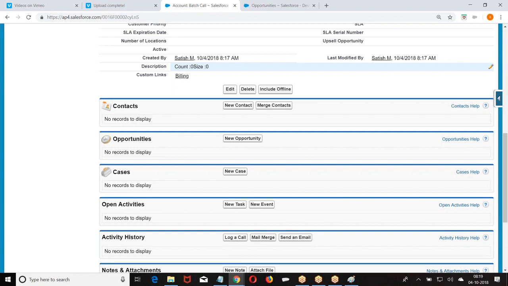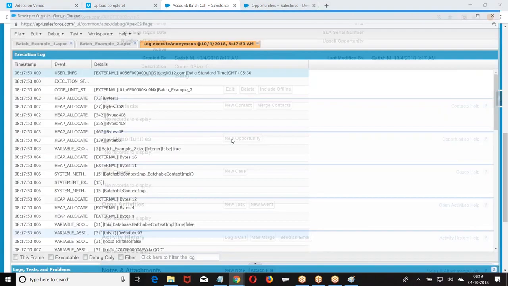I have to gather all my records from the different batches and put them in a list. So I want the data from different batches to maintain their state and exchange the data. What is the data I received in the first batch? Put them in the list. Second batch, add them to the same list. Third batch, add them to the same list. Then finally I am going to get my records. My requirement is that data should be transferred from one execute to another execute. But the batch class says I cannot transfer the data from one execute to another execute. Then how will you implement this?